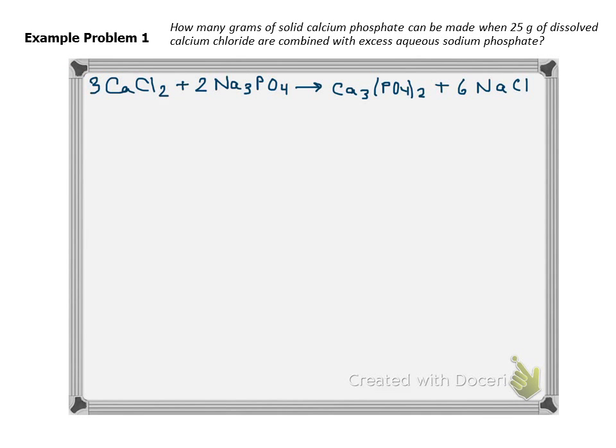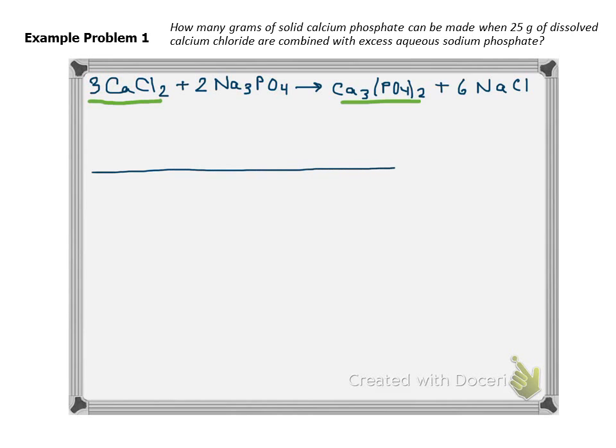In our first example problem, we want to find out how many grams of solid calcium phosphate can be made when 25 grams of dissolved calcium chloride are combined with excess aqueous sodium phosphate. In order to solve this problem, we are going to have to find two things: the molar mass of this reactant and this product, and the mole ratio given by this equation. So to first set up our problem,